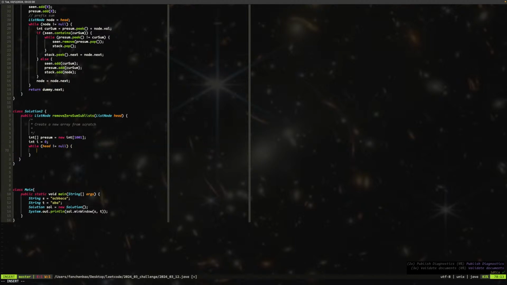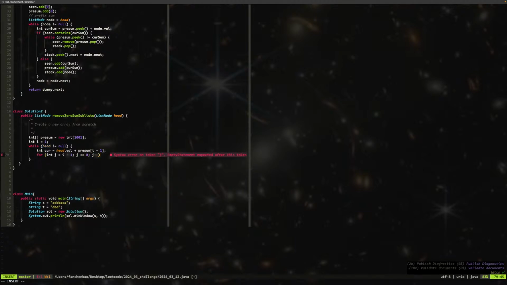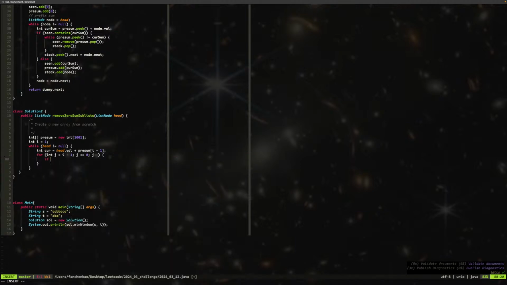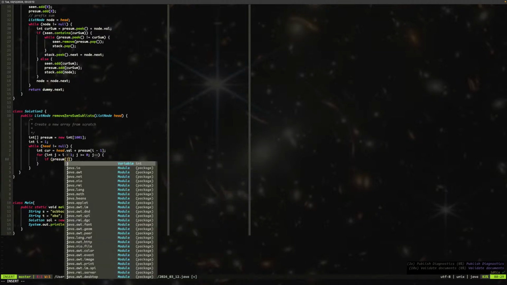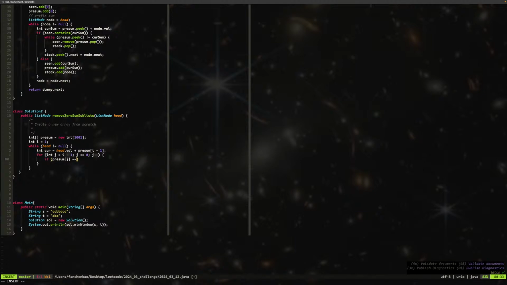And then we just say int current equal to, actually that shouldn't be, that should be 1, right? Current equal to head.val plus presum[i minus 1], right? And then we say for int j is i minus 1, j larger equal to 0, j minus minus, okay? And we say if presum[j], okay, is equal to current,